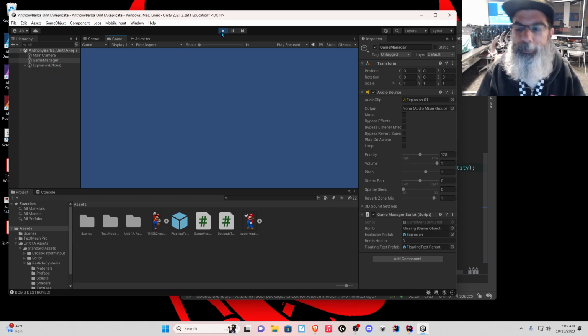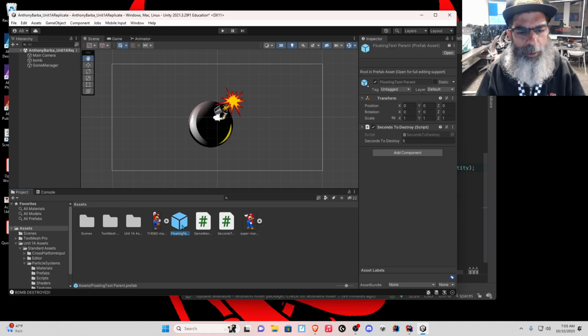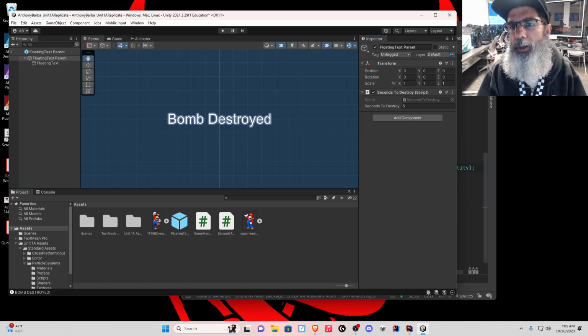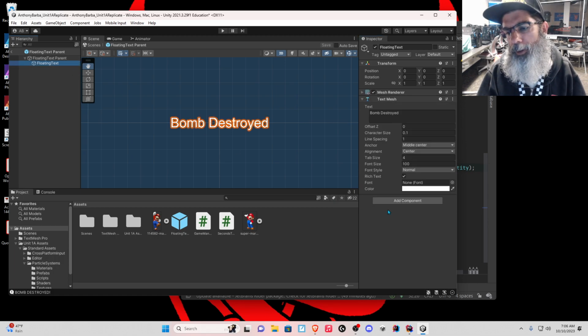So, I wonder how we can fix that. Well, fix it like this. If I click on my floating text prefab, you just need to add a component to it. Now, in my case, if I open this up right here, there's the parent. My script is on the parent. I could put the script on the